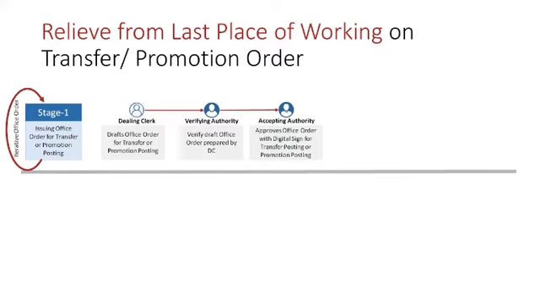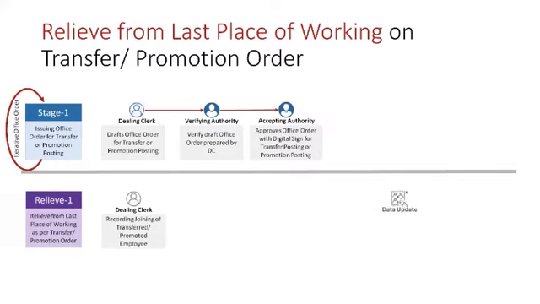So through his OTP, he submits it to the verifier and it goes to the authority, who will digitally sign, and that order is issued, and the order goes to all concerned persons directly. We are also having provision of SMS. Whoever is involved in this order, SMS will be given to all those employees, intimating them about the order. So we are trying to strengthen the hand of the employee and make the process transparent, so that the moment the order is issued, the person involved is intimated by the system itself.